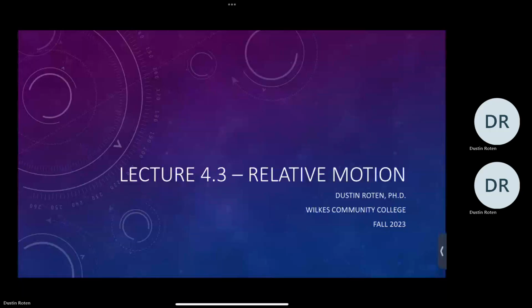Okay, so we're going to extend our talk of essentially projectile motion, everything, and motion in general. We're going to talk about relative motion. This is really important for aerospace engineering, where you have multiple reference frames that could be happening, because you